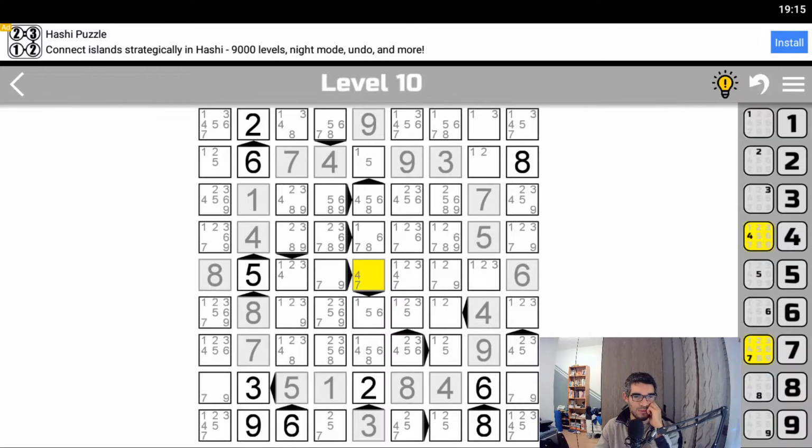I mean, this is kind of forcing. If this is a 7, this has to be a 4 and this has to be a 1. So you can place all those numbers in a row very easily. Instead, if this one is a 9, well, you could have a 4 or a 7. And if this is a 7, well, you could have a 6, a 5, or a 1. So I'm going to try to go for